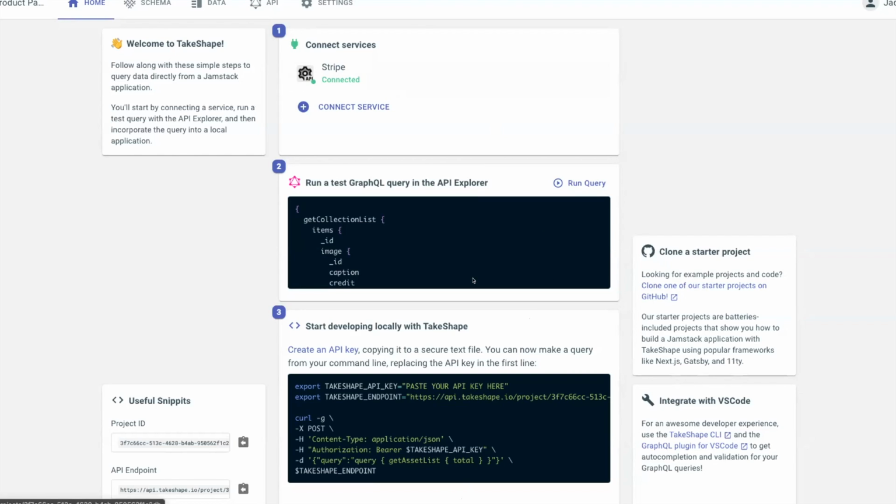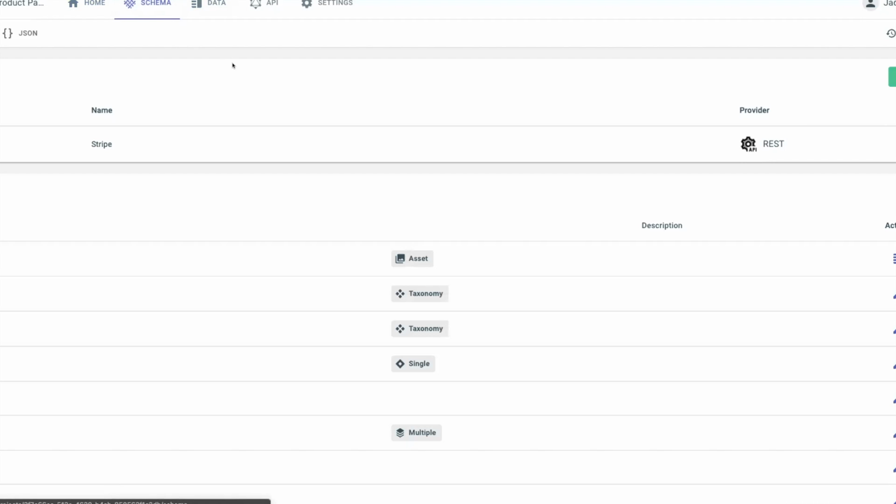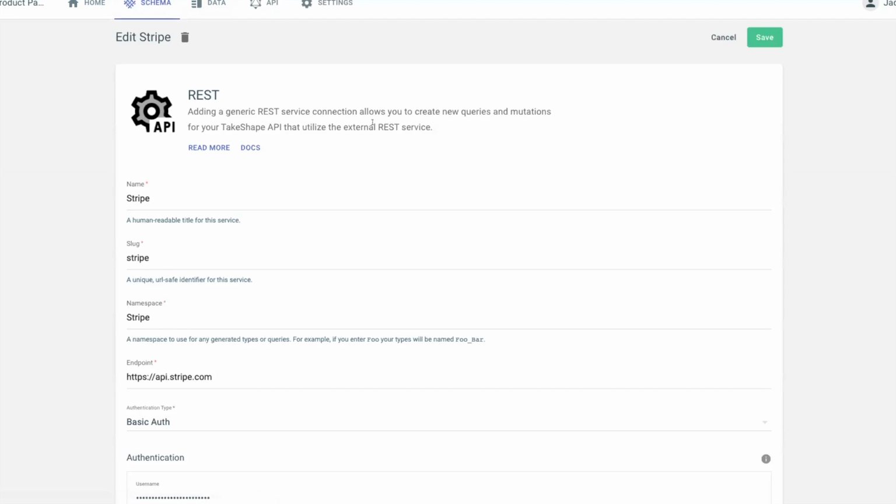So the idea down here is we've got 3 different things that are going to help us out. Get to the right tab. I'm just in a TakeShape project because it's a simple way to demonstrate the API mesh. But like I said, these concepts will apply to any API mesh. You have, first of all, services. These are the places that you're contacting, right? Like the people on the other end of that phone call. So in this case, Stripe. Stripe is a good example of a service. I like to use that as an example.